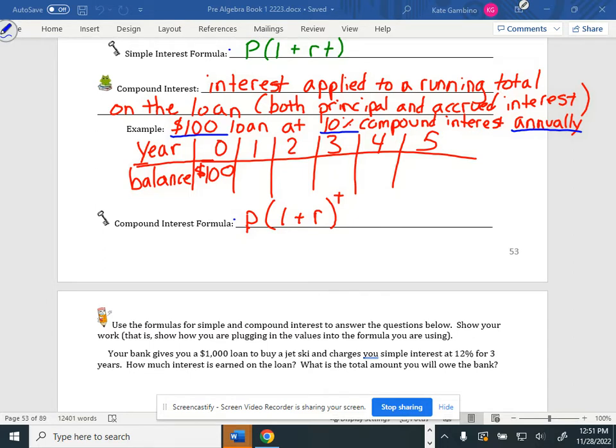So let's use our compound interest. Principal is $100 times 1 plus our rate. What is our rate? Emmett? 0.1. That's 10%, to the t power. Well, our first part of our table is 1 year. So I'm going to put a 1 right there. So this is one that, well, maybe not quite so much this one since it's only to the first power. But you're going to want to work this out on your own real quick while I answer the phone.